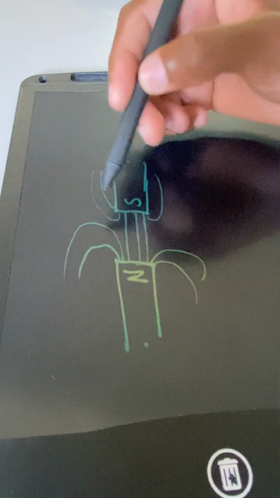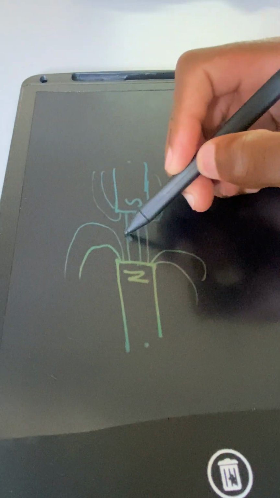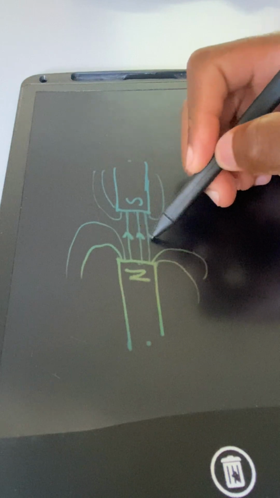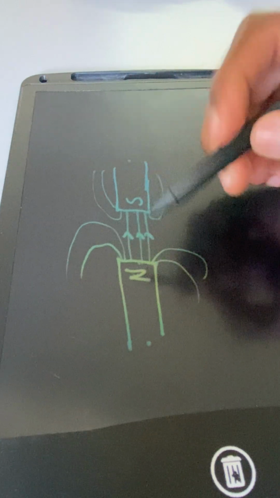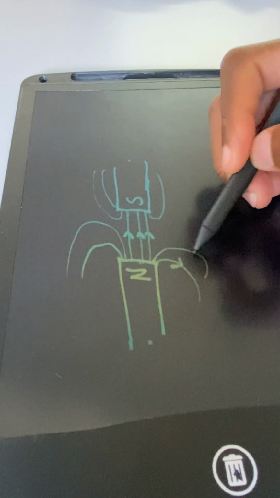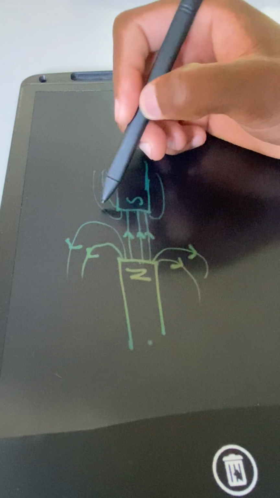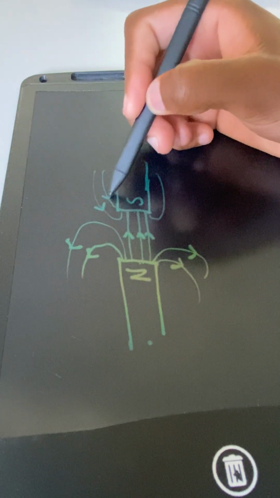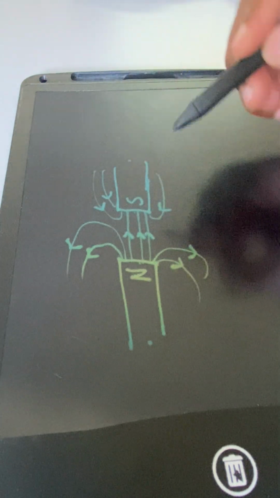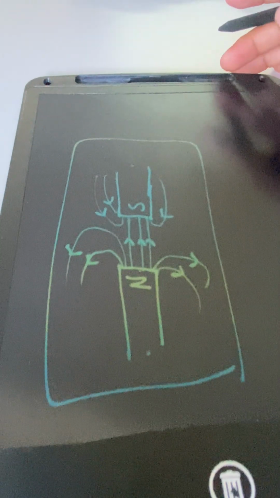Of course the lines don't touch, and then you show the direction, right? It's always from north to south. This is just one standard way of representing